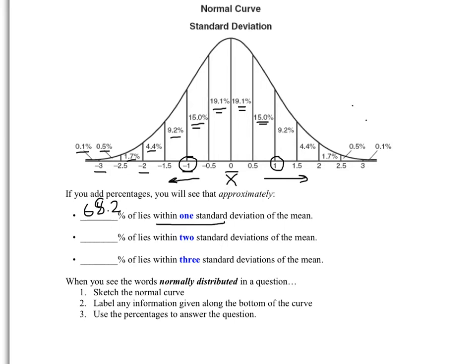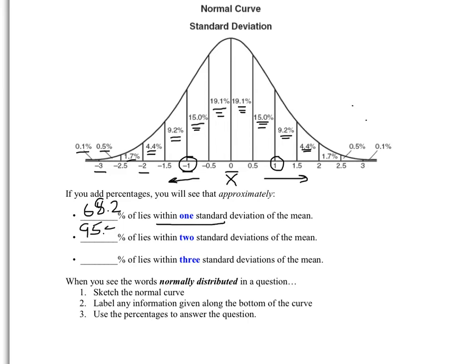You might see questions that ask, how much lies within 1 standard deviation of my mean? And then this would be the percentage related to the data. So what percentage lies within 2 standard deviations of my mean? I'm just going to add the other percentages. So I go from 4.4 all the way up to the other 4.4, which is 2 standard deviations above my mean. When I add these up, I get